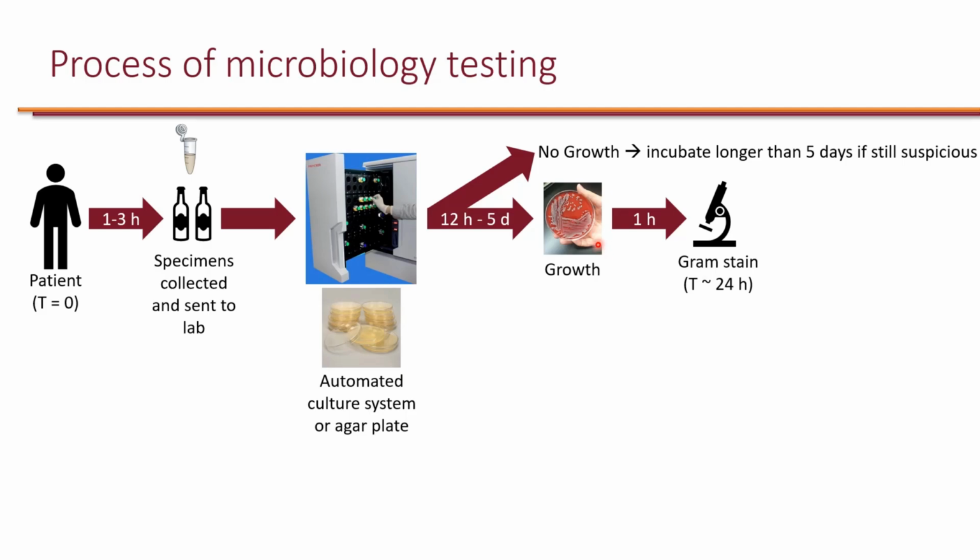Now, if something does grow, that's when they typically start to stain it and then look at it under the microscope. While the process of staining is not time consuming, if you look at the entire process, it typically takes somewhere between half a day to a day, if not more, before they can actually look at it, stain it, and identify, if it's a bacterial infection, whether it's gram-positive, gram-negative, or atypical, and then look under the microscope